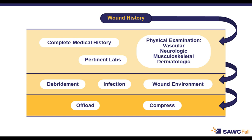I can't stress that enough. I learned that at Curtis National Hand Center, where they would completely excise these wounds that they were going to do flaps and grafts on. Sometimes the flaps would work and sometimes they wouldn't, but the wounds would heal then. That excision of the wound back into normal tissue changes that wound. It's already proven it's not wanting to heal. Get rid of it. That first trip needs to go to the OR almost always, if it's painful at all. But excise that wound, and then manage the wound environment, get rid of infection,